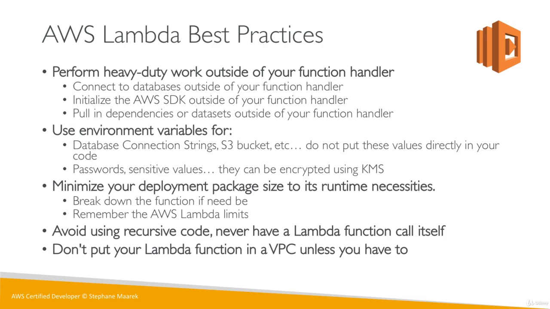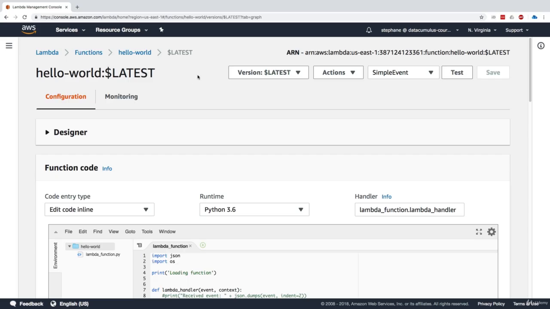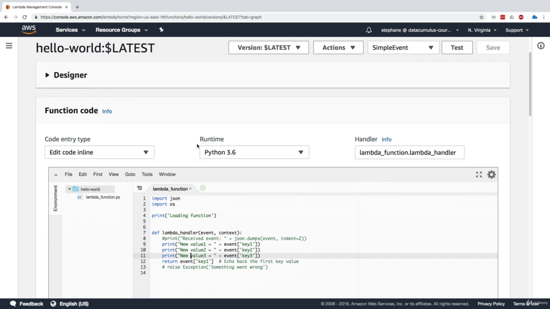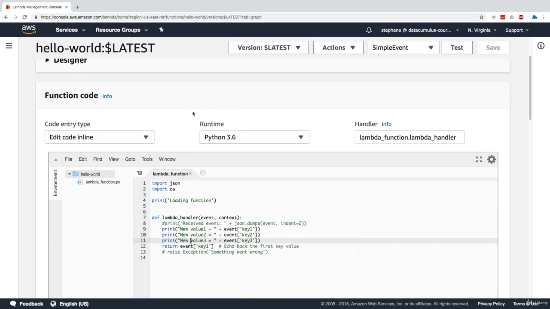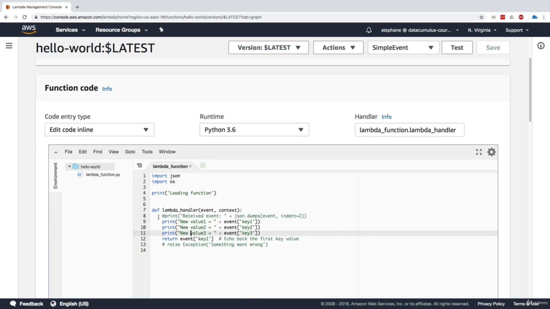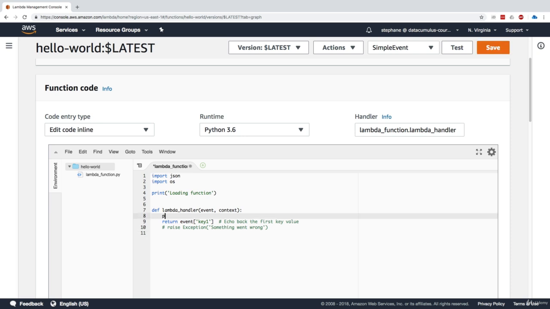Let's go see the first part in the hands-on. I am in my latest function, and I'm going to edit the code real quick and show you what I mean by the heavy-duty work outside. Let's remove all this, and we'll have a print statement that says connecting to the database.